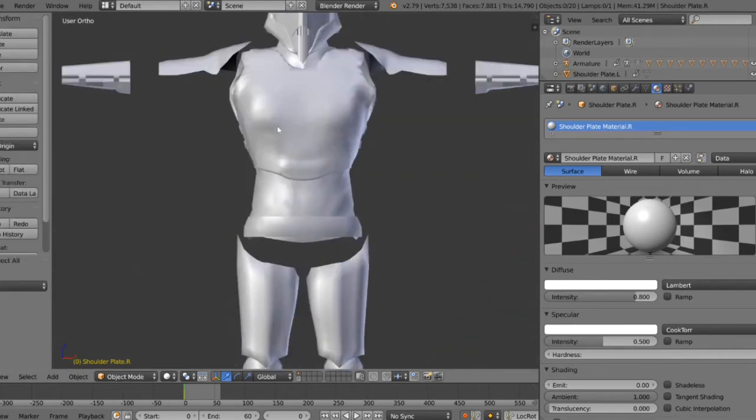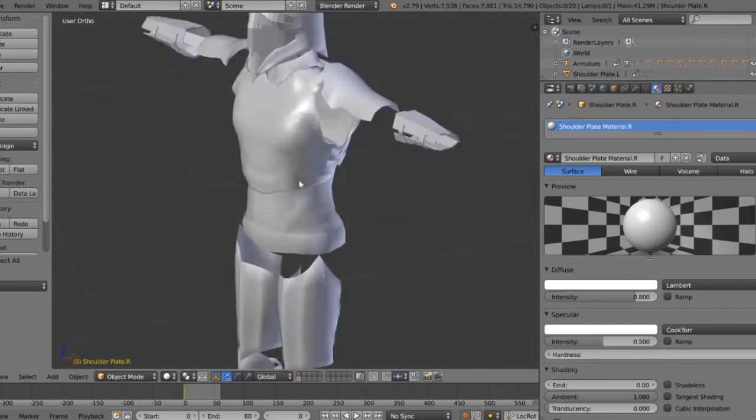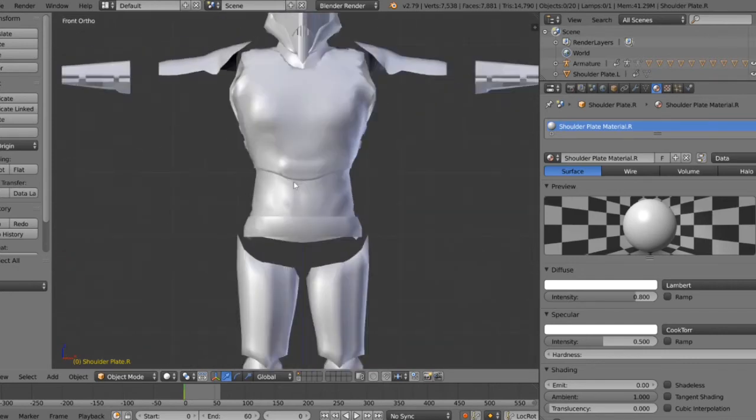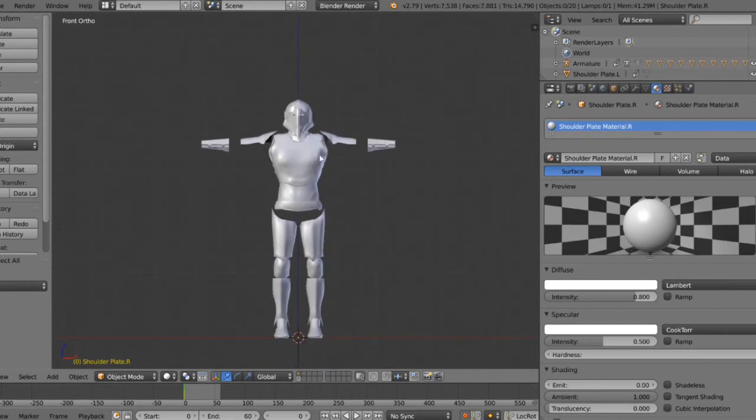So basically what I did was, I deleted the body and the eyes, and I saved this as just the armor. So now I'm going to import the character into Unity, and I'm going to import the armor separately so that I can assign the armor to each bone in Unity separately. Now, you might have noticed I haven't worked on the skirt yet, or the cloth that's going to go down his middle area. I will be working on the skirt a bit